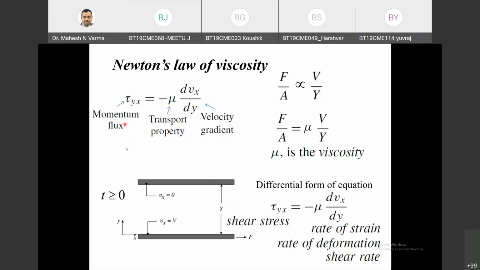So this will be the equation for fluid mechanics. Momentum flux is equal to the transport property multiplied by the velocity gradient. This negative or positive sign depends upon the direction of the gradient. If the gradient is negative, then we'll put this sign as negative. If the gradient is positive, then we'll put this sign as positive, so that all the time our momentum